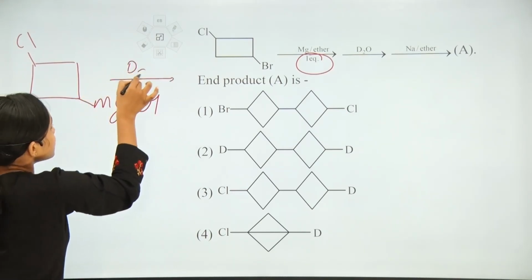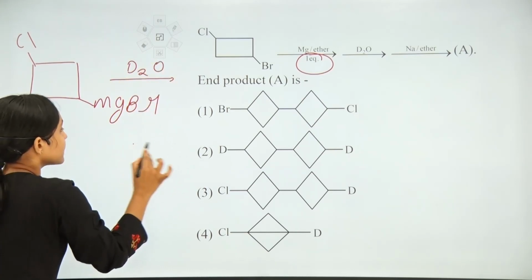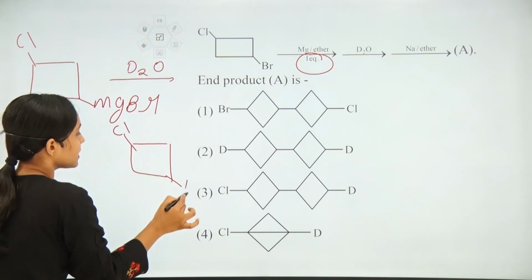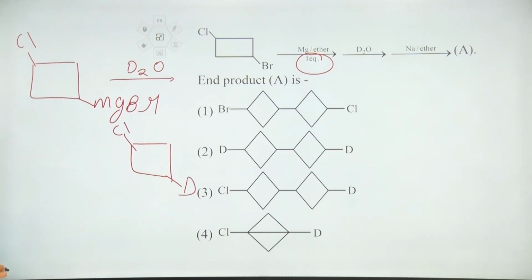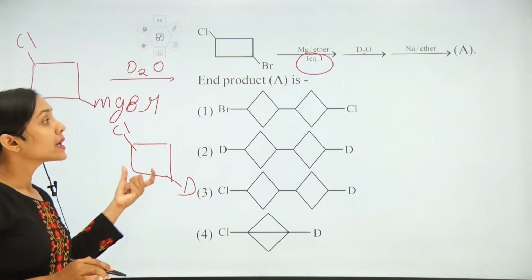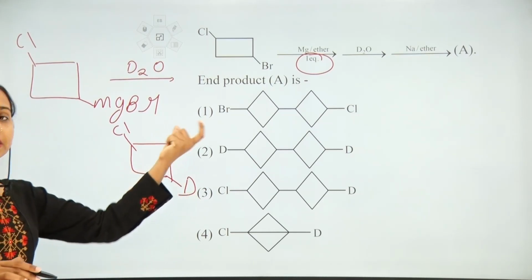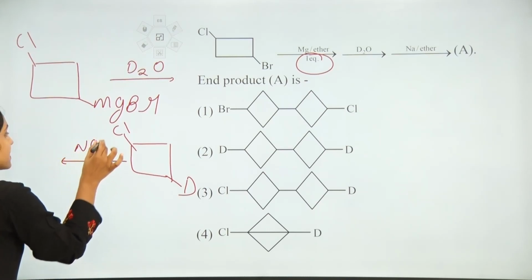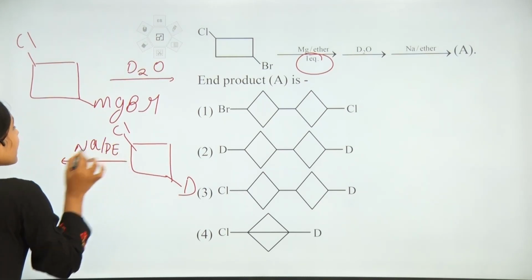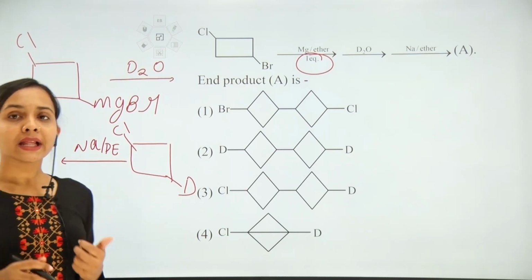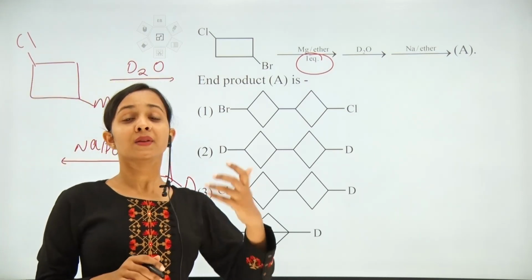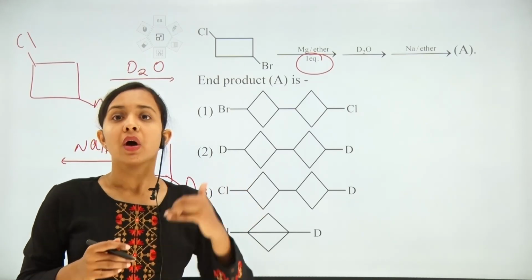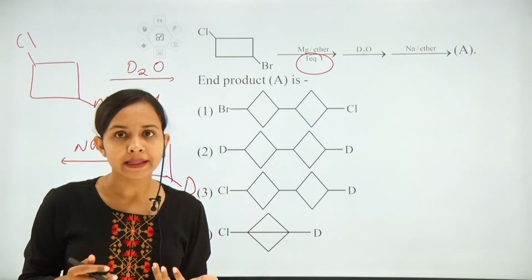And we know that Grignard reagent is a good source of alkyl nucleophile. It will react with D2O, and here an acid-base reaction will take place, and the product of this reaction will have deuterium coming to this carbon atom, right? Now this is our alkyl halide. Now this alkyl halide further reacts with sodium metal in presence of dry ether solvent, right? And students, we know that when an alkyl halide reacts with sodium metal in presence of dry ether solvent, it gives us a dimerization product, or we can say it gives us an alkane, right?